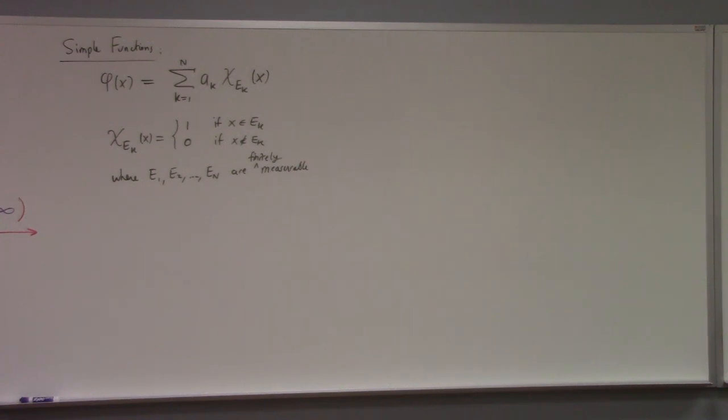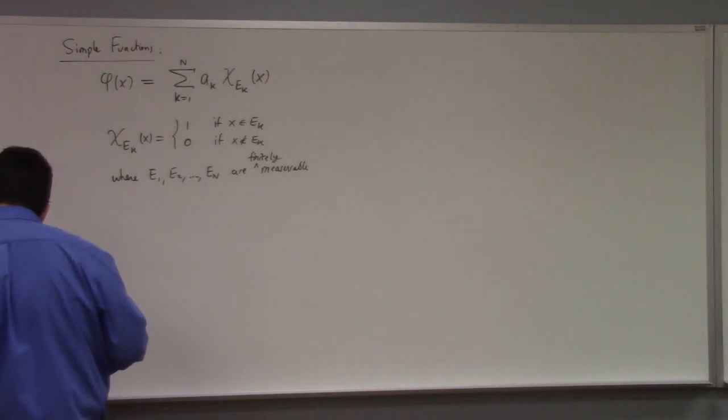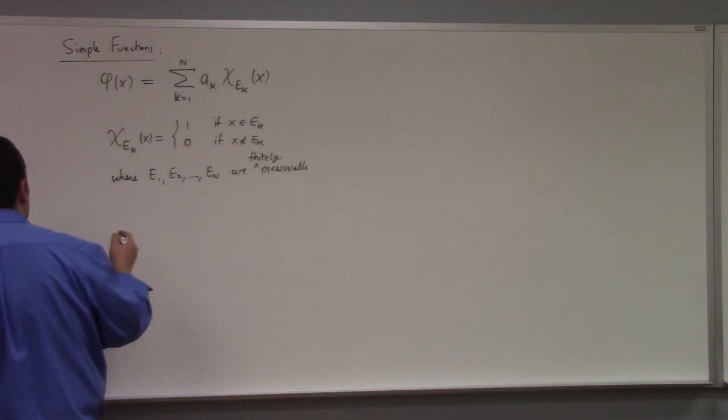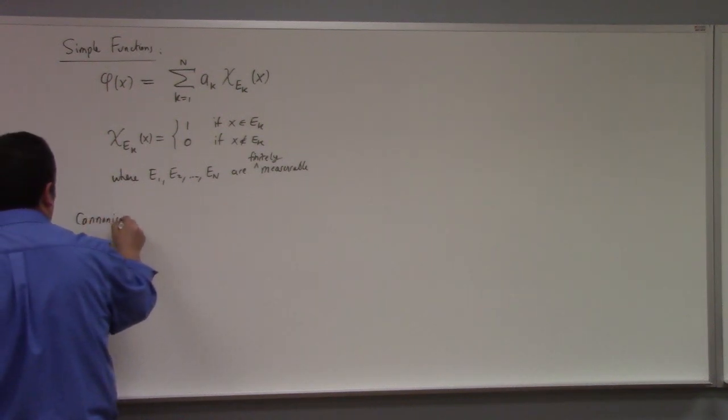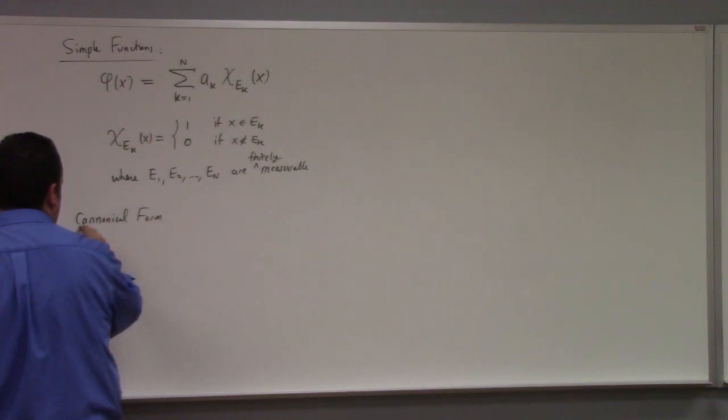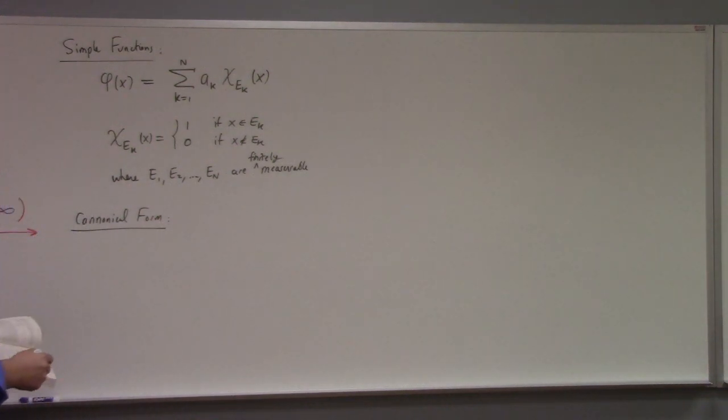And so he says the trouble with this, logically, is that you can write a given function more than one way, right? He gives the example of just taking 0 and rewriting it as chi e minus chi e, and so that's symptomatic of the problem. He introduces what's called the canonical form here. So his canonical form is to attain a unique decomposition into simple functions.